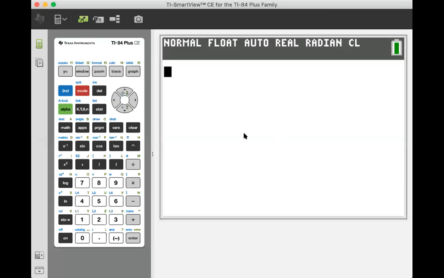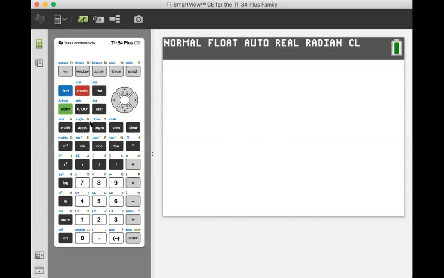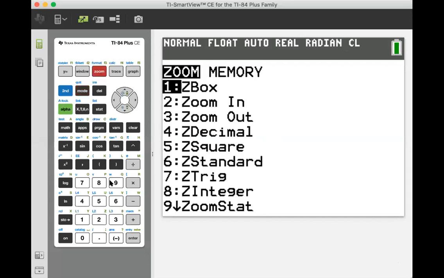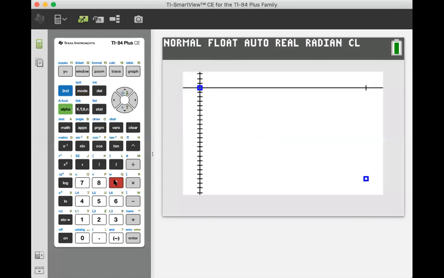I am going to do just a couple of keystrokes here. Okay, I got a plot turned on. I've turned everything else off. And so I'm going to hit zoom and go down to number 9 and hit enter, or I'm just going to hit number 9. So if you hit zoom and 9, apparently I don't have the data in there. So let's go look at the data. So stat,